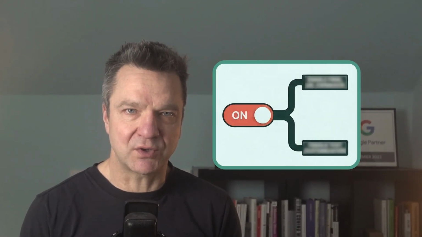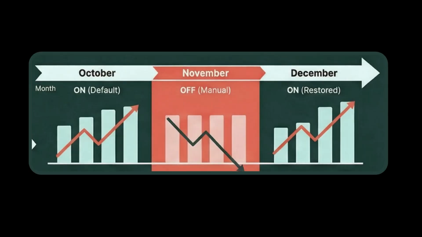So here's what happened. I have a client that sells medical devices for dogs. Consistent demand, no seasonality. They have a solid blog with decent organic traffic. Their Performance Max campaign was doing fine, not great. I found one setting, two toggles actually, that connects your blog content to your PMax campaign. And I accidentally ran a 3-month experiment when I turned it on, off and back on. I'm going to show you the data from each month and exactly where to verify it's working in your own